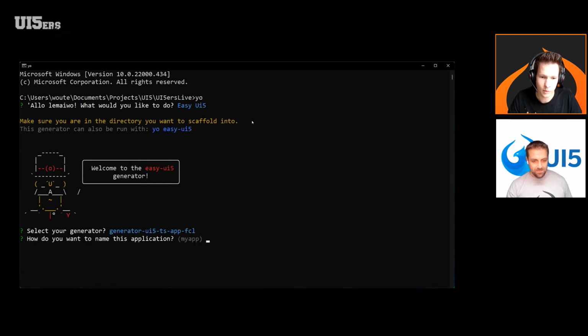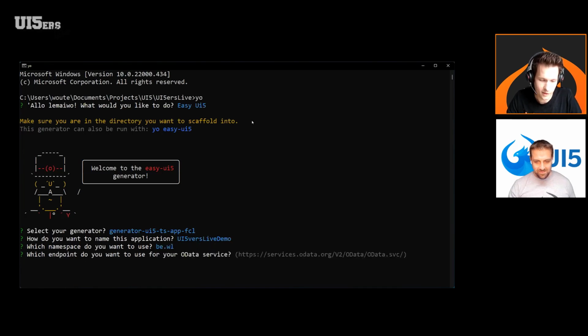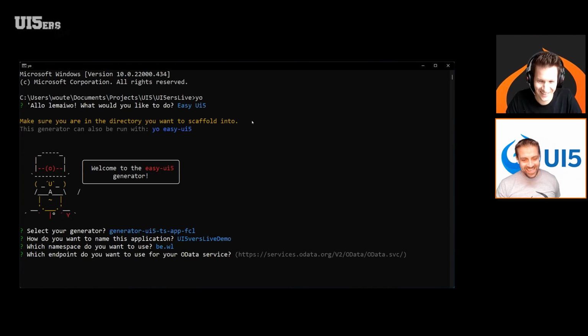Of course, the same questions from the original template appear. It will ask me for a name, so let me call it UI5 Live demo, and a namespace. And then this is actually some magic from Peter that he put into it. Not so much, just metadata reading.